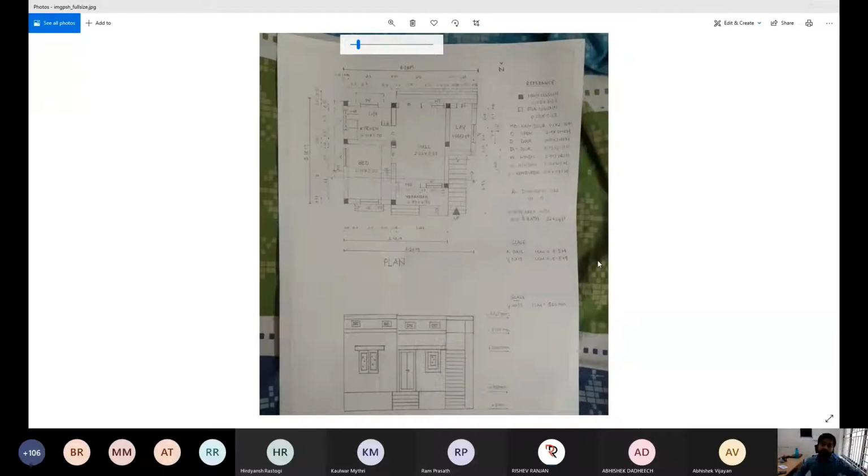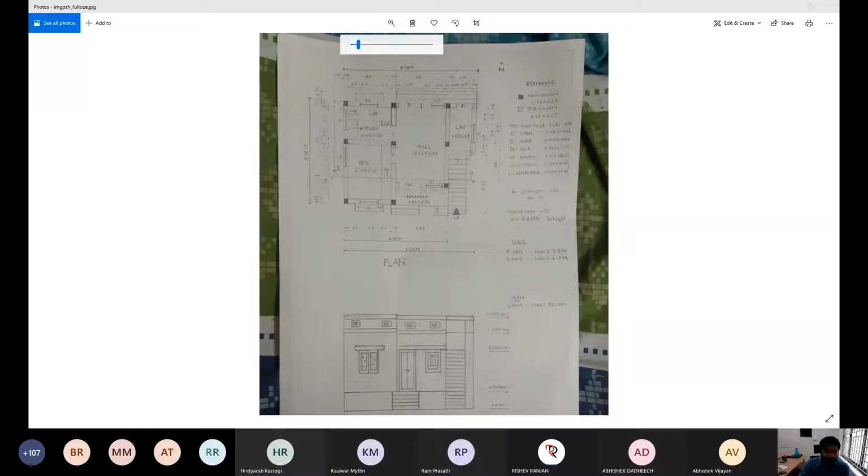Assume suitably does not mean whatever is in your mind. As per the guidelines and regulations followed for a particular building plan, you have to identify the actual requirement, and based on the requirement you do the drawing. Keep this in mind, because we never give all the data in any building drawing. Some of the things you have to assume suitably. That is one of the important parts.